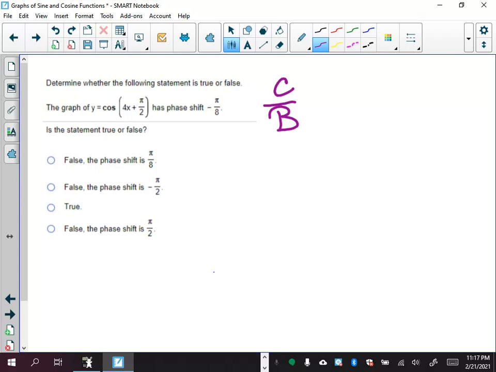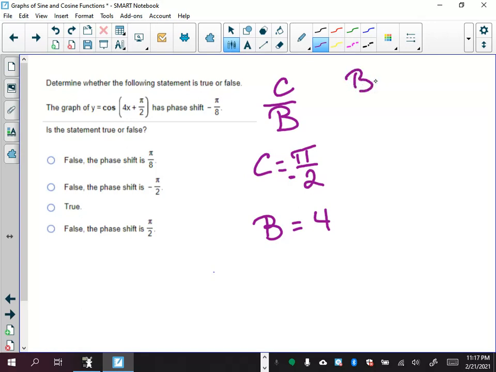All right. So let's identify what we've got here. Our C is pi over 2. Our B, what is our B? Our B is 4. Now, did I make a mistake? Did anybody catch it? You should have, because it's not pi over 2, it's negative pi over 2, because remember,